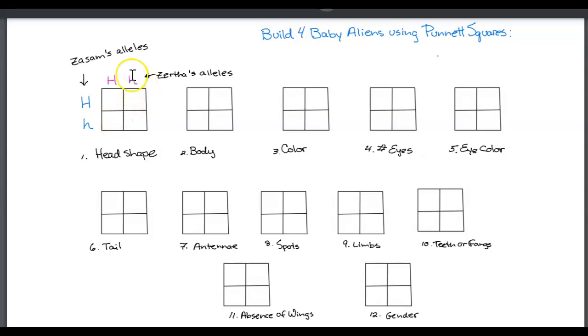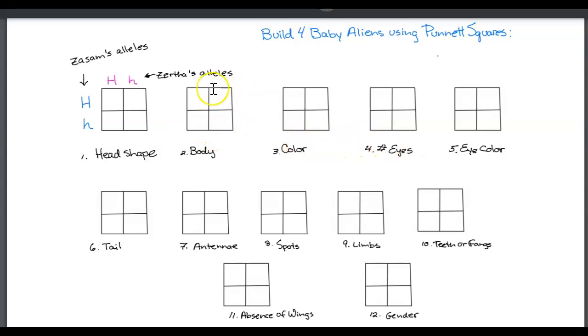And then both of their recessive forms are going to end up in this square here. So what this represents is the head shape for baby number 1, baby number 2, baby number 3, and baby number 4. We're going to do the exact same thing with the body shape, with the color, with